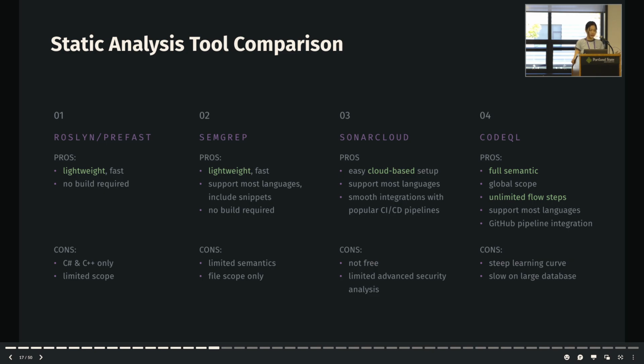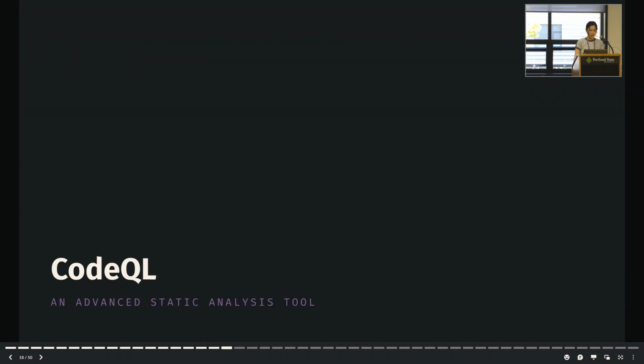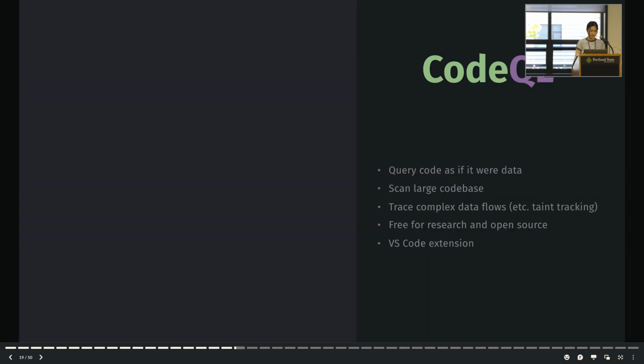If you compare these options, lightweight tools like Roslyn or Semgrep are great for quick surface-level checks. They can also be easier when writing custom queries compared to CodeQL. CodeQL, on the other hand, is an overall comprehensive option when it comes to deep security analysis. We will use CodeQL today to illustrate how it can help detect hidden security vulnerabilities, like the bad usage of a small RSA key in code, for example.